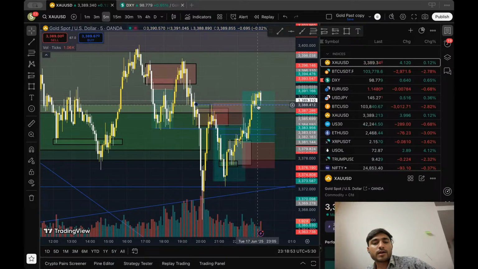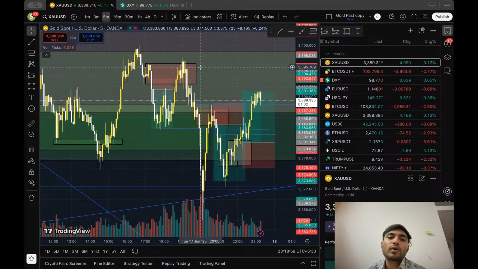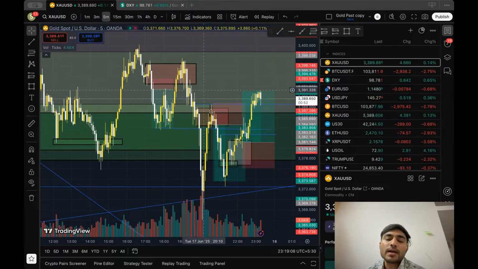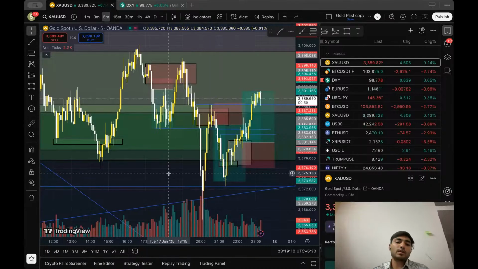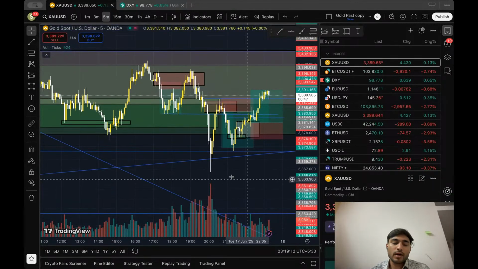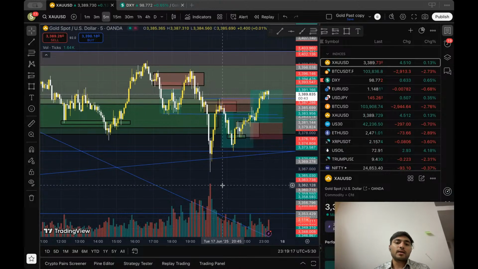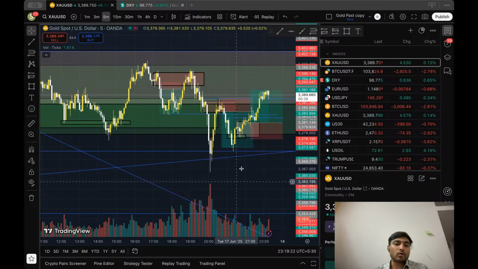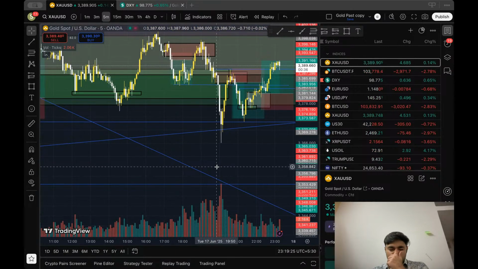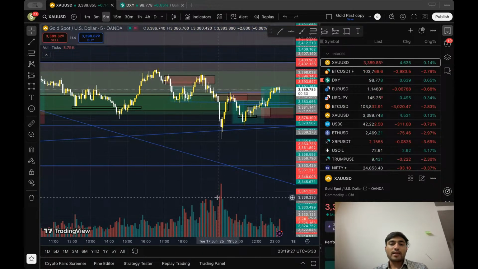See, from the change of character level also we are having a little reaction. So when you're looking at a 1 day time frame level, it gives this reaction, which is a very big amount on the 1 day time frame, right? Why did it happen so fast, and why was the reaction so big? Because if the 50% level was not there at that point, gold would have gone much lower than that.